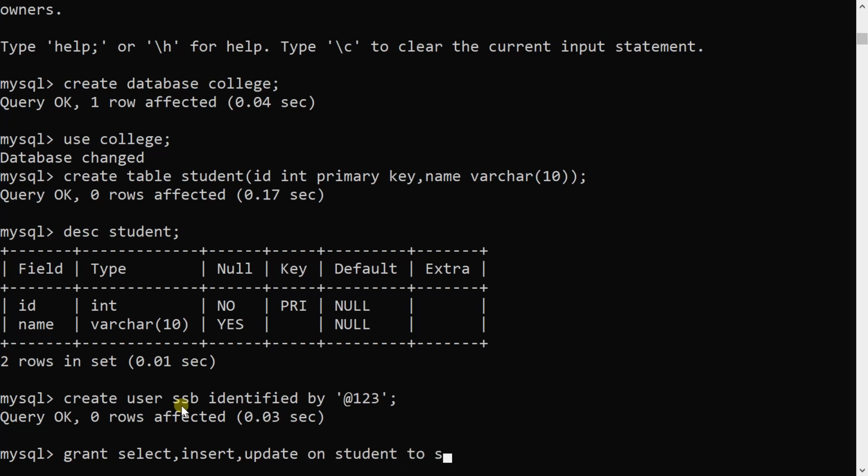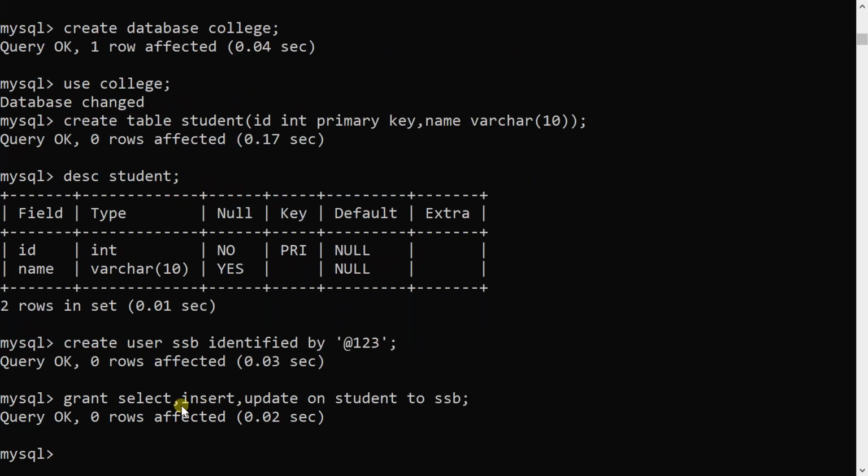To which user? SSB. What does this command mean? It means three operations select, insert and update are granted on table student to SSB user. So SSB can perform select, insert and update operations on the student table. And the student table is under the college database.